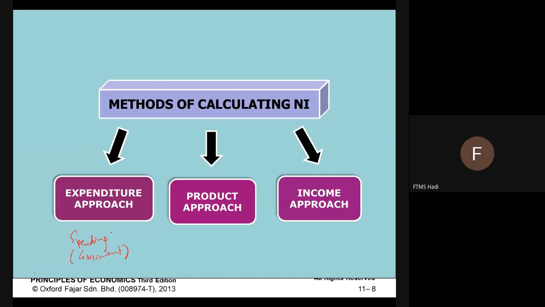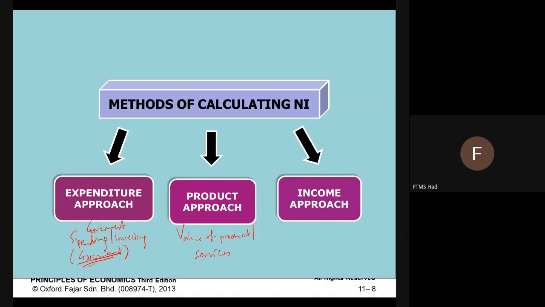Okay, we are talking about government. Product approach means that the value of national income is based on the value of product or services produced by government. So if government produces more products and services, there is a possibility of the nation having income, because that is an asset that they will use to sell to the locals and also foreigners.